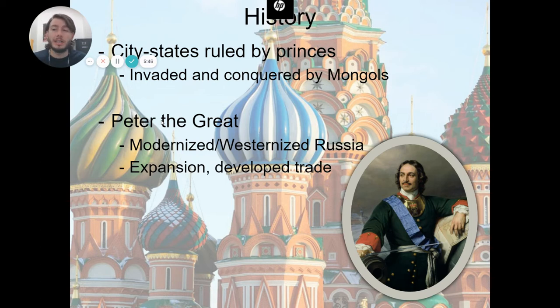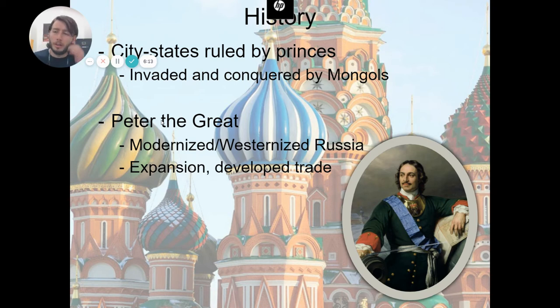So what he does is he adopts things that they're doing in the United Kingdom and France and Germany, and he says like, hey, we're going to have these laws. I'm going to be the leader of the whole country. I'm going to promote people to rule in these areas. They're going to report to me. We're going to have a national military, and we're going to expand the country, and we're going to develop trade so that way we can have all different types of valuables.